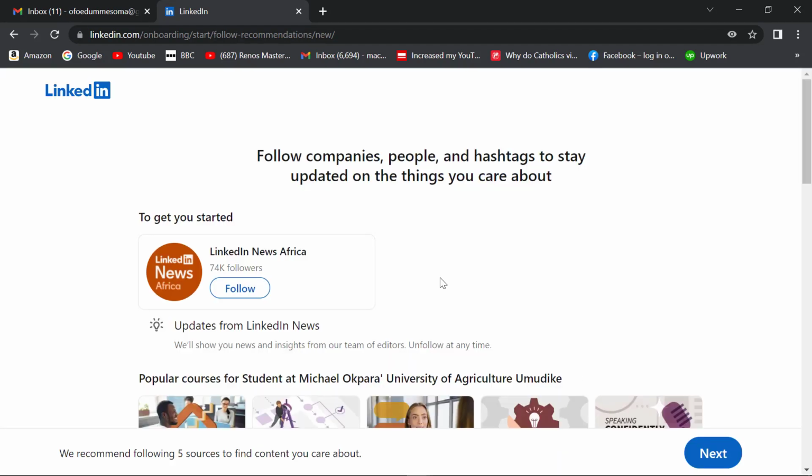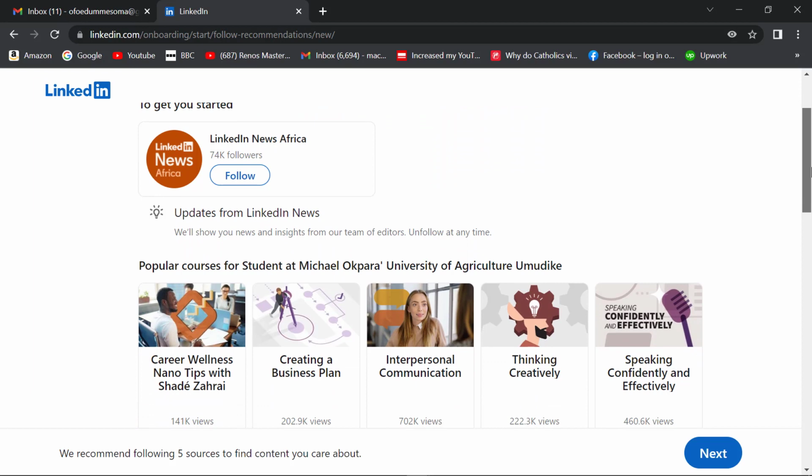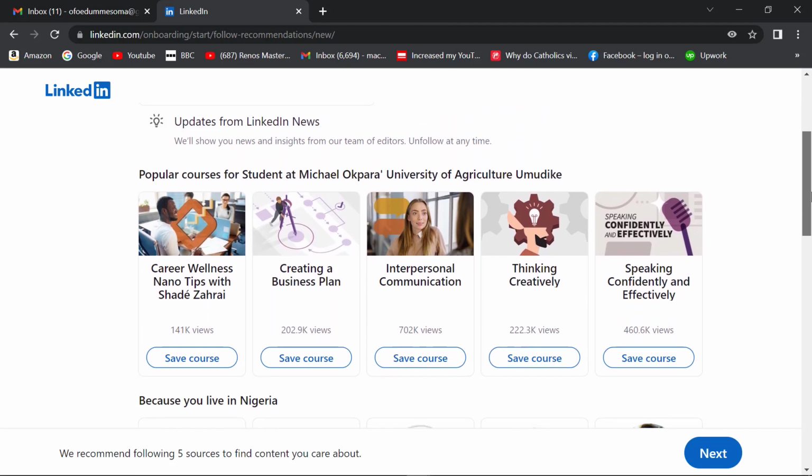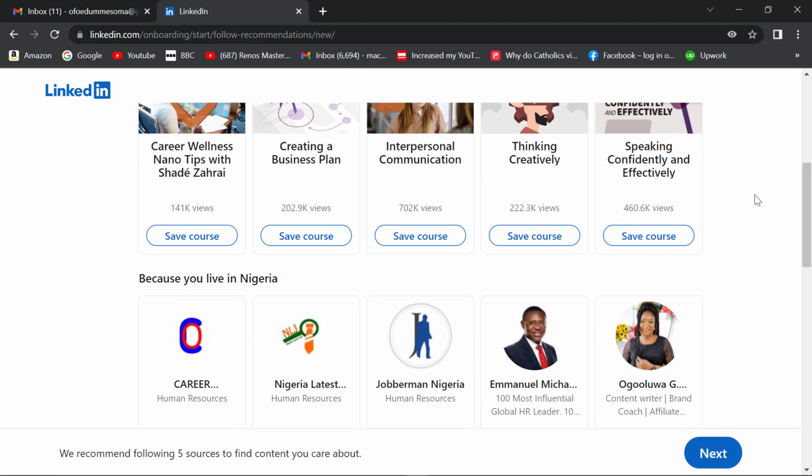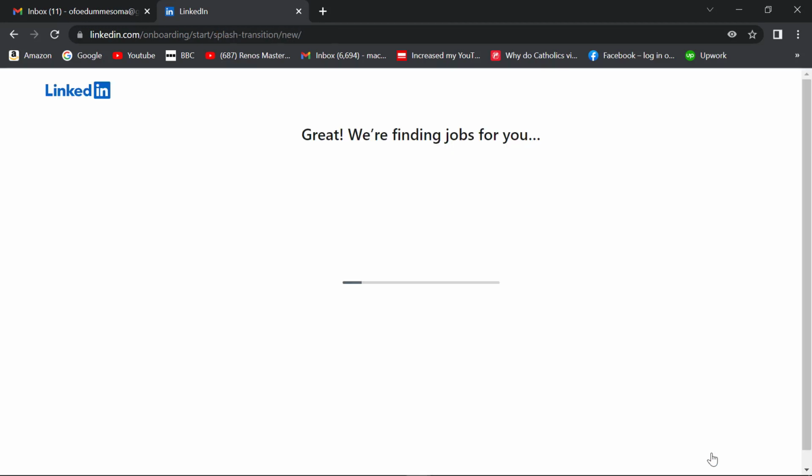So here it's asking us to follow companies that we may know or companies that we want to follow. So you scroll down and search for companies of your choice or interest. And once you're done with that, you go next. I won't be selecting any for now. I can always come back to that. So I'll select next,